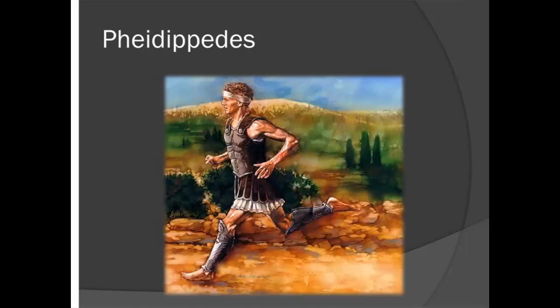One interesting legend that accompanies this story is that of a guy by the name of Pheidippides, who was believed to have run from Athens to Sparta to ask for aid, just before this whole event was going to happen. According to Herodotus, who was a historian, Pheidippides ran about 225 miles in 2 days, which was the distance from Athens to Sparta. Despite making this amazing feat, 225 miles by foot, by himself, the result when he got to